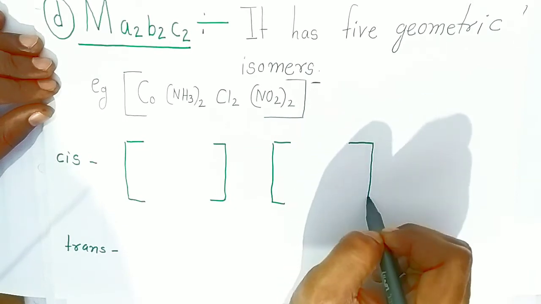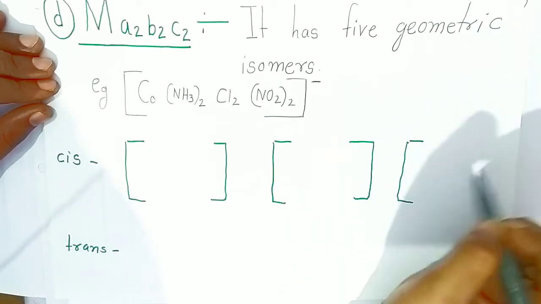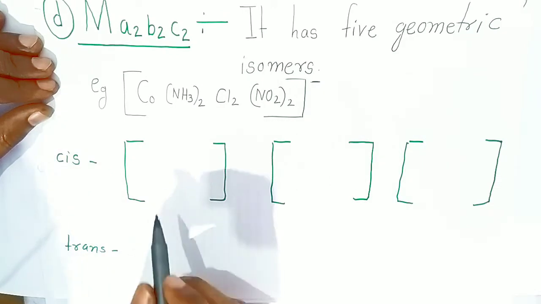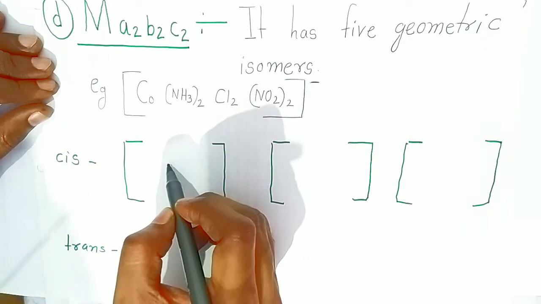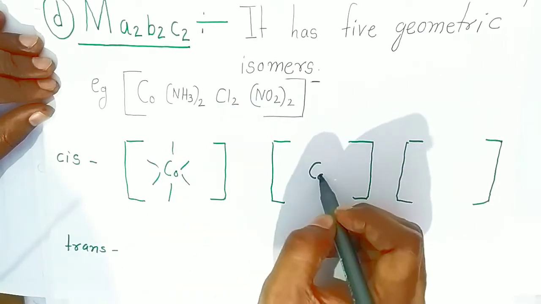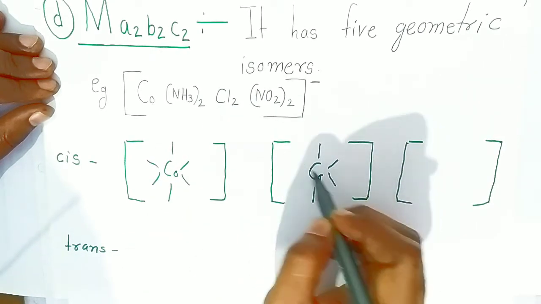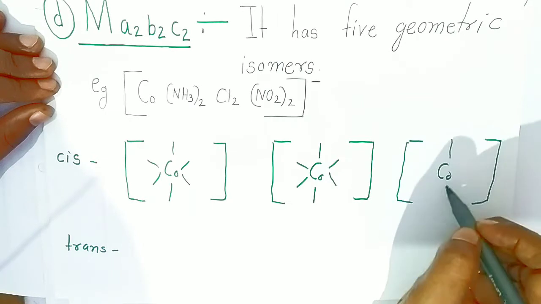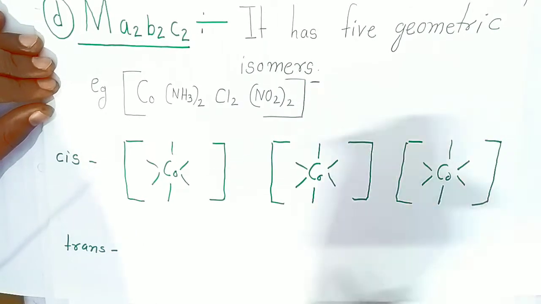Sometimes in examination they are asking to write down all the isomers of this complex. So this way you have to write. Now cis exists in 3 forms. Cobalt will be at the center. So this way you have to write, students. Cobalt metal is always at the center and it is surrounded by ligands. So first you make the structure this way.